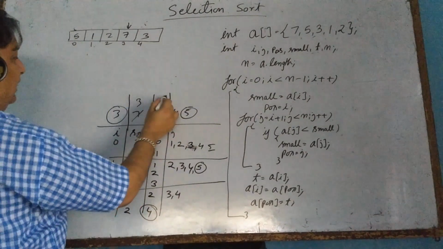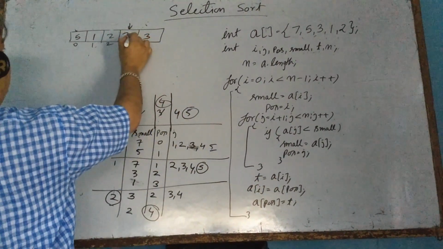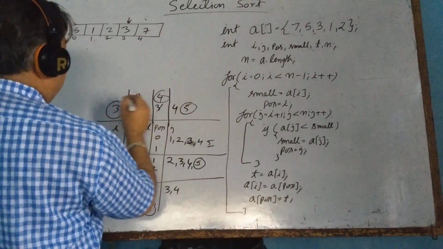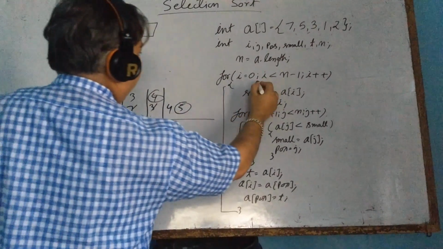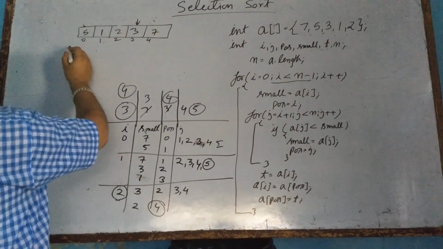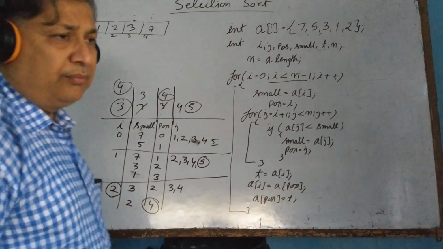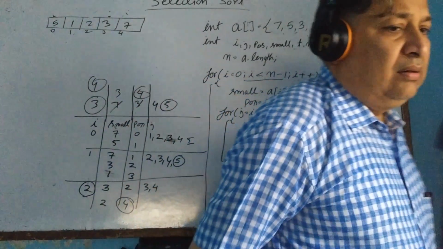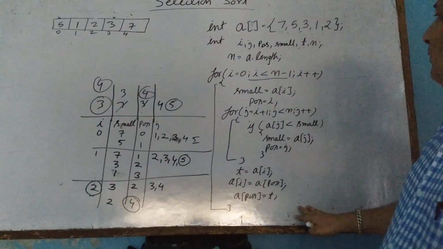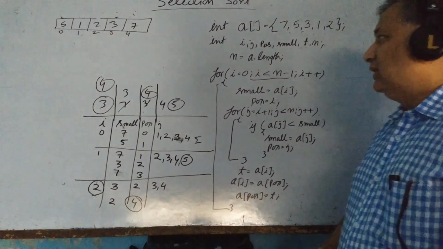So now index number 3 and 4, I and POS, will interchange. After interchanging, the value of I will become 4. When I becomes 4, this condition is false. So we can see this array is in ascending order. We don't have to do anything; go ahead. After this you can display the array. Fine. This is the logic of selection sort.